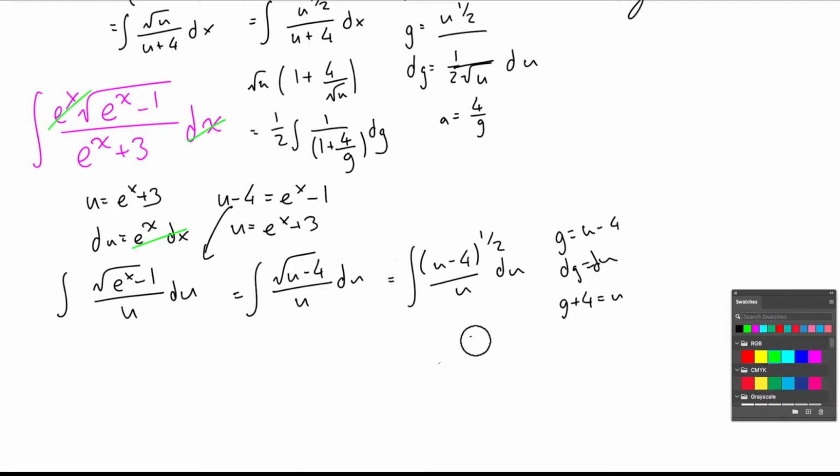Which is why, what if we made g equal u minus 4 to the 1/2? That would make dg equal to,